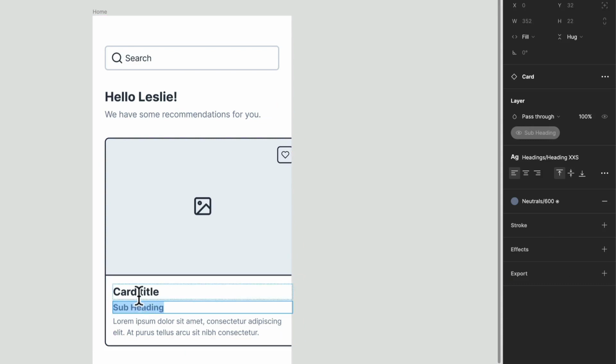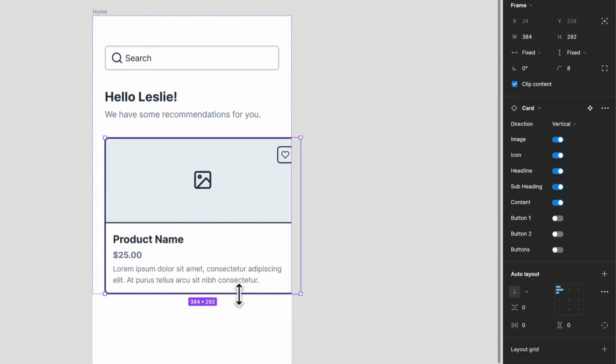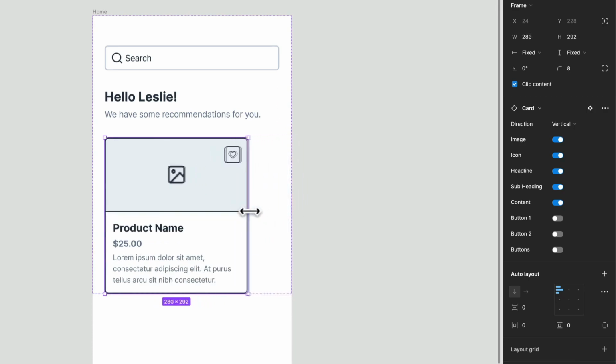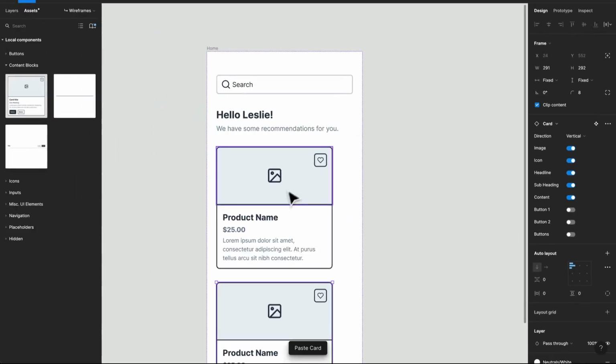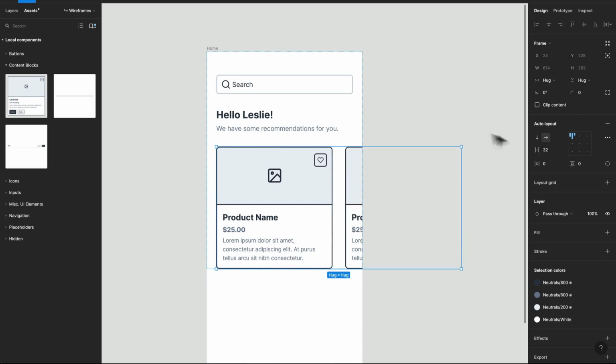And maybe we'll have like a price here. So we can just change that to like say $25, and we can call this like the product name. And yeah, and now we can actually just shrink it as we see fit. And now we have a product card. I'm going to make a copy of that, and I'm actually going to group them into an auto layout frame. So I just press Shift A while selecting them both. And there we go. We've created some sort of like container here, which is essentially just like a vertical scroll,